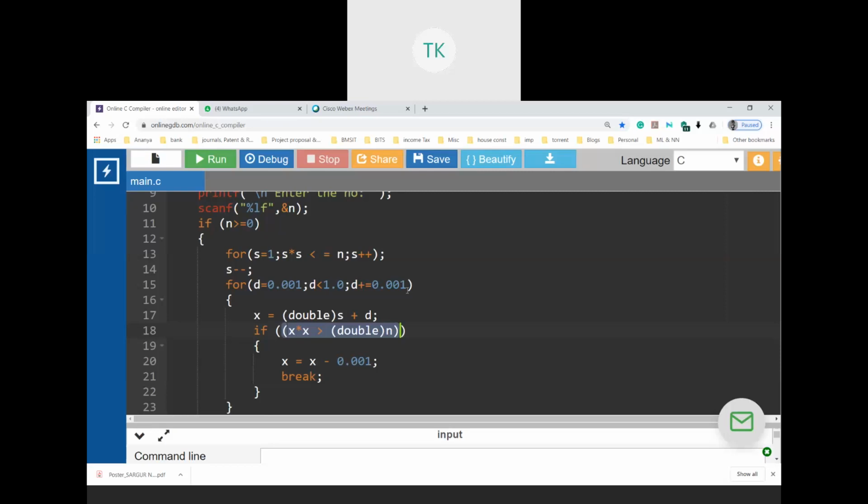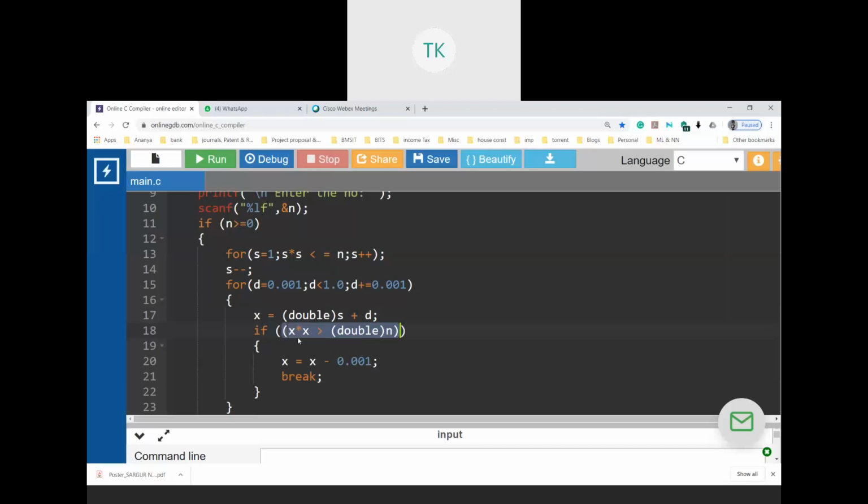So at one particular point, what happens is the new value of x after including the fractional part will exceed n, which means that if I multiply x into x, it should exceed 29. When will it exceed? Obviously this would have marginally exceeded because every step I'm incrementing the x value by 0.001, a very meager value, right?